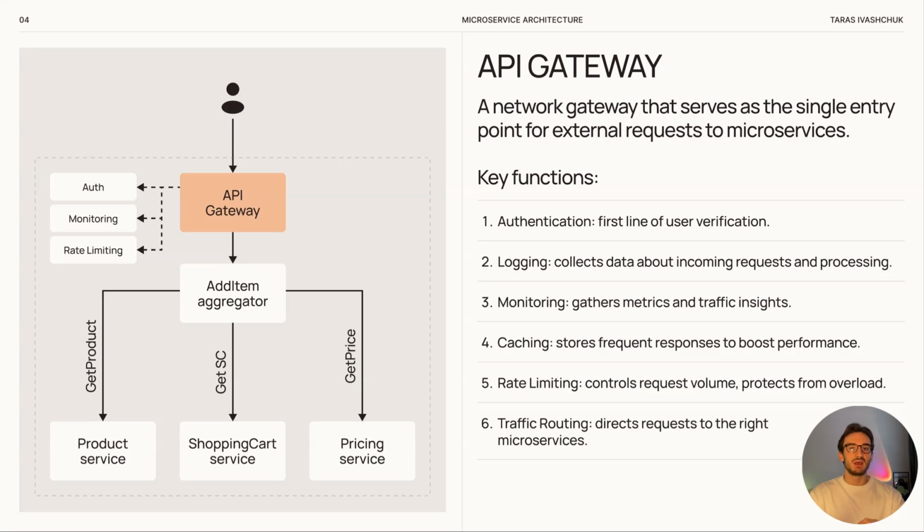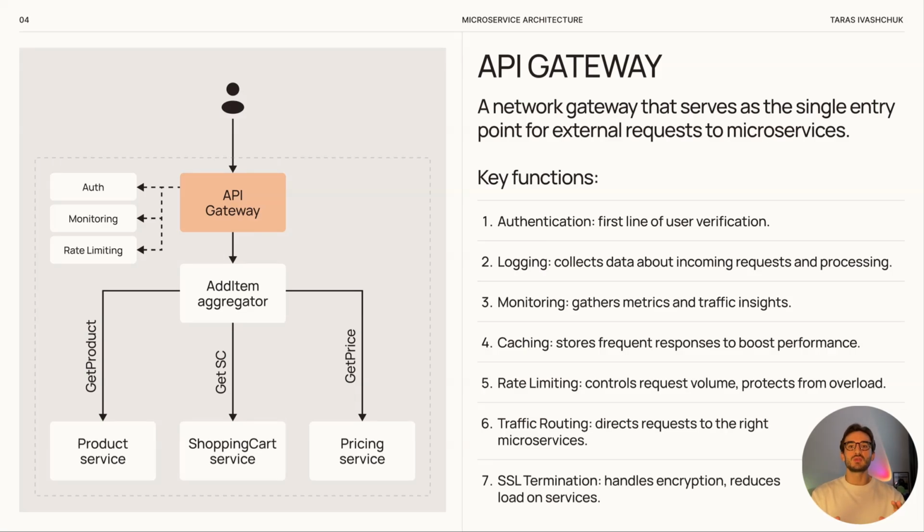SSL handling. The API gateway can manage SSL termination so internal services work with plain traffic. This reduces their load. Typical implementations of the API gateway are Nginx, especially the extended version Nginx Plus, and cloud solutions like Amazon API Gateway. Actually, it is also important to remember that the API gateway can become a single point of failure. To solve this, teams usually apply horizontal scaling and fault tolerance mechanisms.